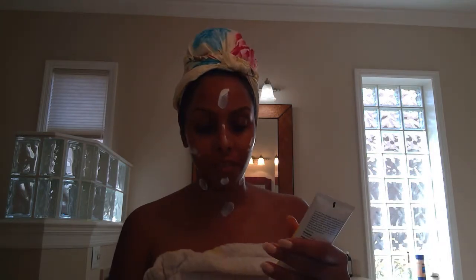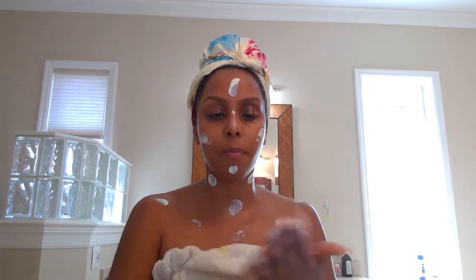Now, again, they say that you need a 1/4 teaspoon of sun protection on your face for it to be effective. I don't really measure. I just kind of go in and use my dotting method. And again, I put this on my chest, my neck, and my shoulders. This one is running out. I have another one, but I like to just use every last drop. Don't want to waste anything. And another thing that I love about this moisturizer is that it doesn't leave the white cast